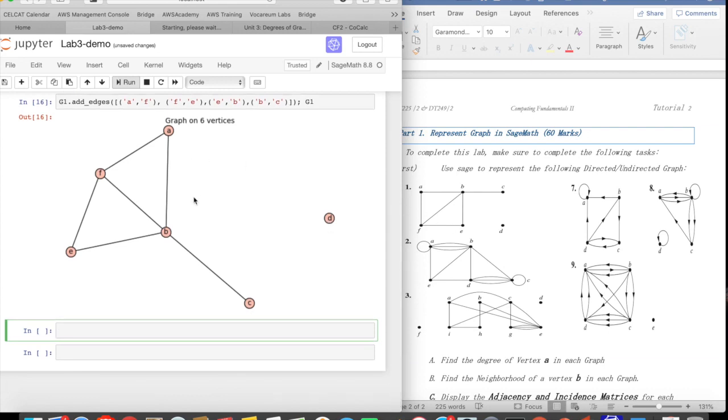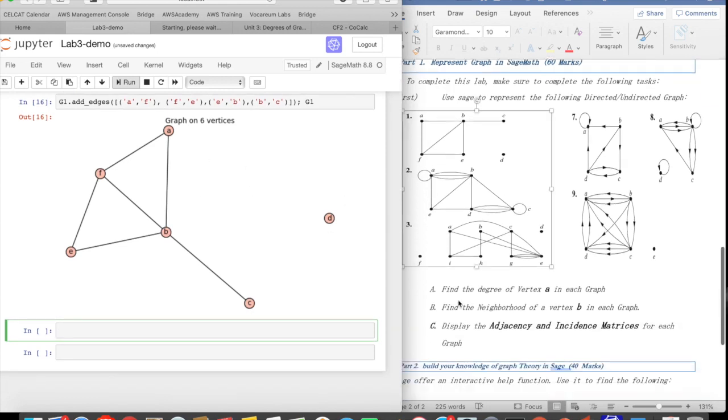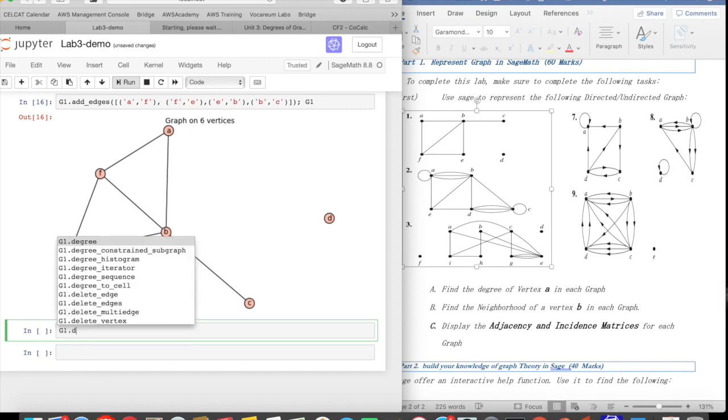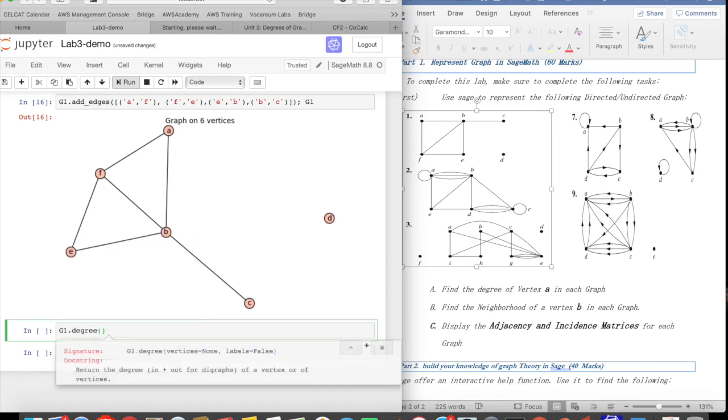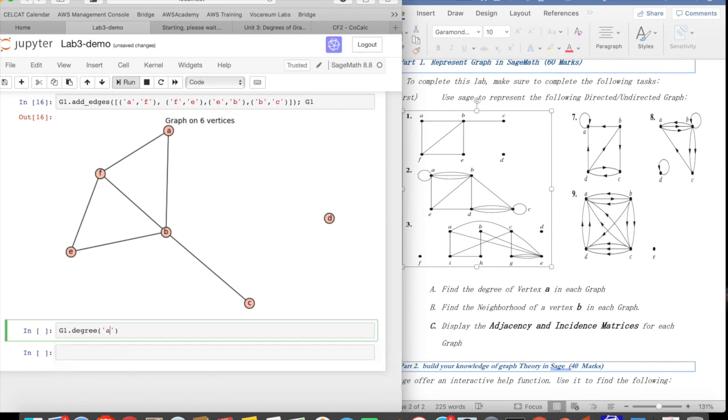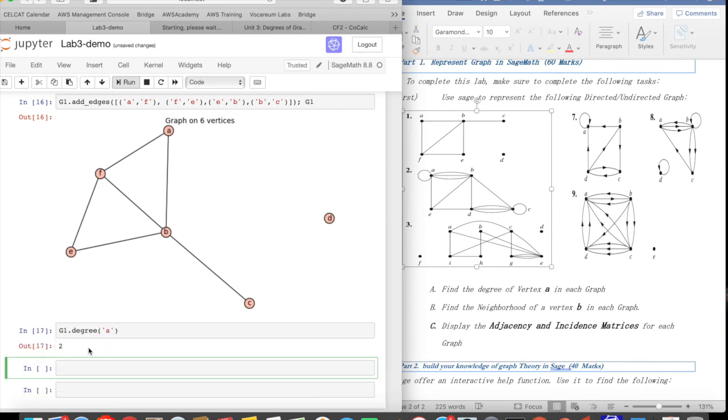So we finished the representation of the first graph, and now he said, find the degree of the vertex A in each graph. All I need to do is put the constructor G1 and look at D, press tab. Is there any function I could use to find the degree? Yes. So the degree, open a parenthesis, shift tab, so this returns the degree in plus out of the digraph of a vertex. And now pass the vertex A, and it will tell you now the degree of A